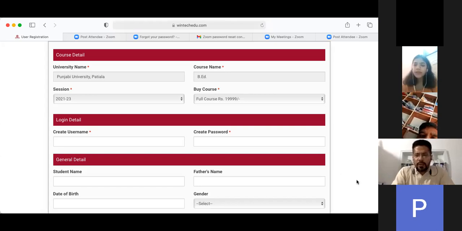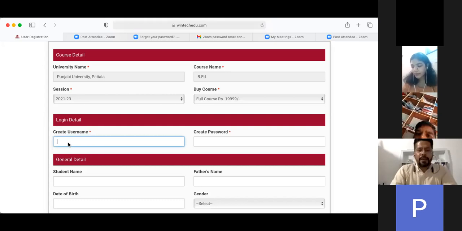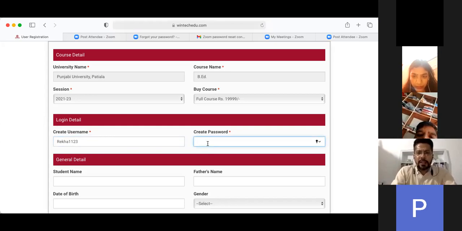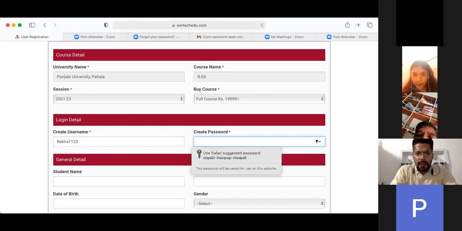Sir, give one example, create any one in this. Like for example, I am creating Samuel 1234. I'm creating Rekha, Rekha 1234. Rekha 123 I created. So I'm creating the password. Keep it the same, Rekha 123. Okay, yes.